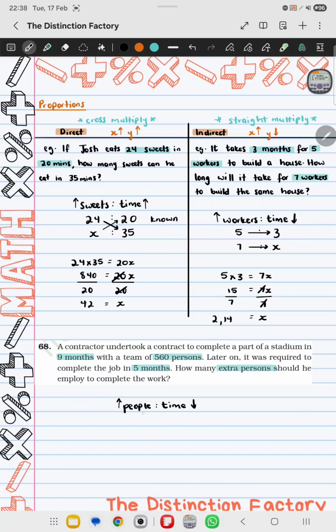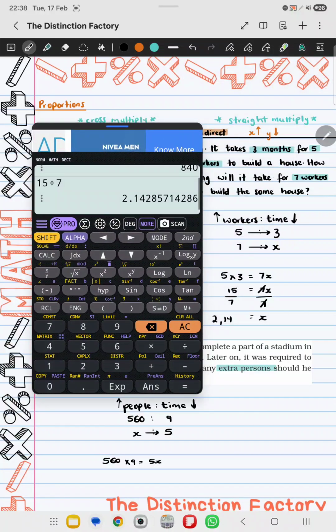Our first step is to write down our known ratio. So we know for sure that 560 people will be able to complete the job within 9 months' time. Then we have to write down our unknown ratio. So we don't know how many people he will need to complete the job within 5 months. So because this is indirect proportion, that means that I need to straight multiply. So I will have it as 560 times 9, and that needs to equal 5 multiplied by x, which is 5x. So 560 times 9 gives us